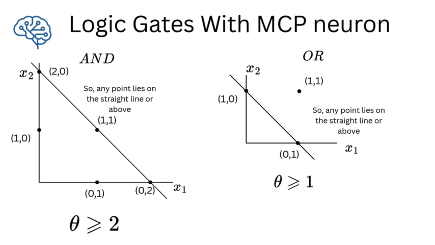All the points on or above this line, (1, 0), (0, 1), and (1, 1), belong to the output class 1. Only the point (0, 0), which lies below the line, produces an output of 0. So the OR decision boundary is the diagonal line that separates the no activation region containing only (0, 0) from the